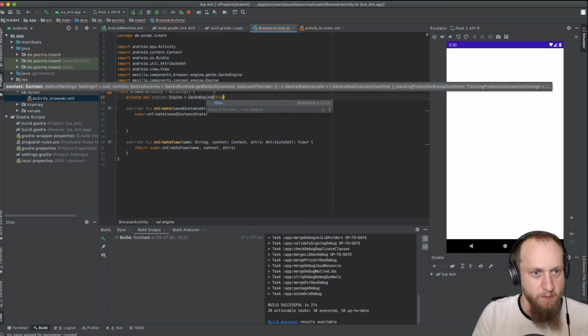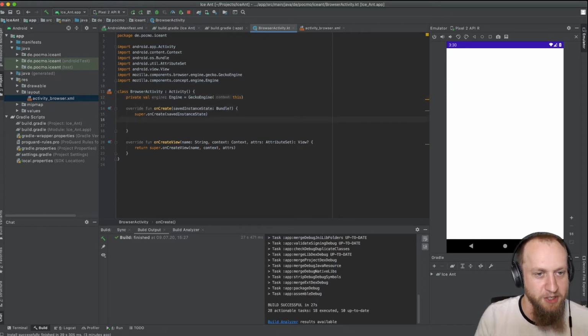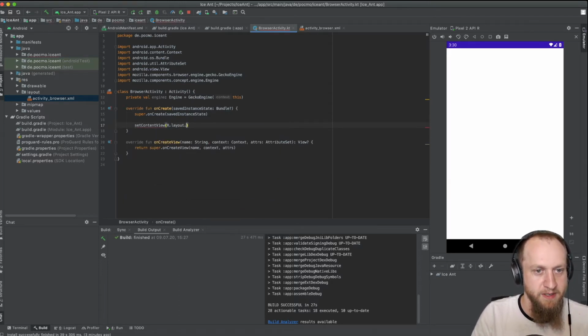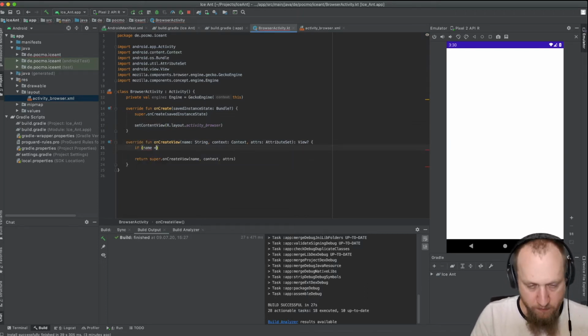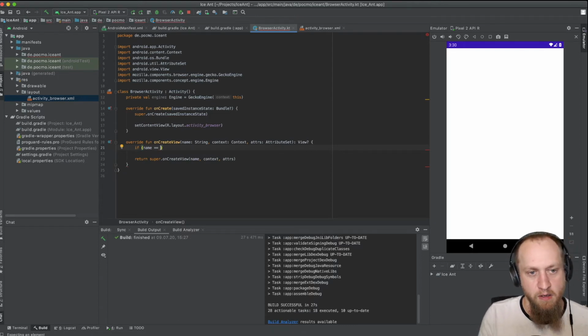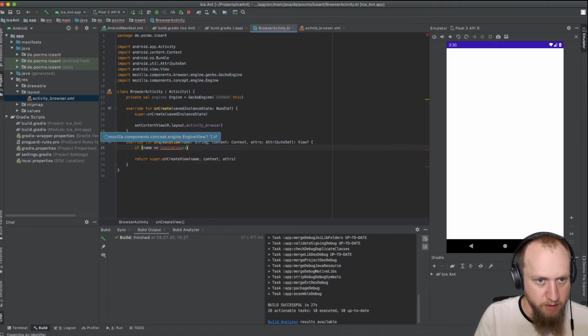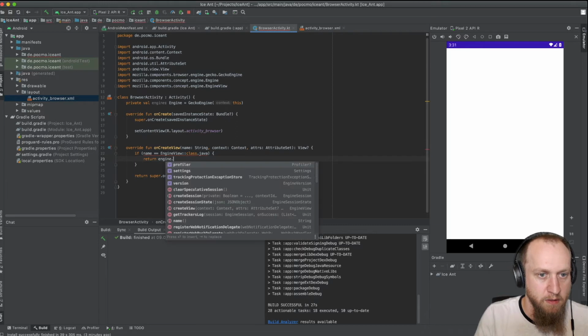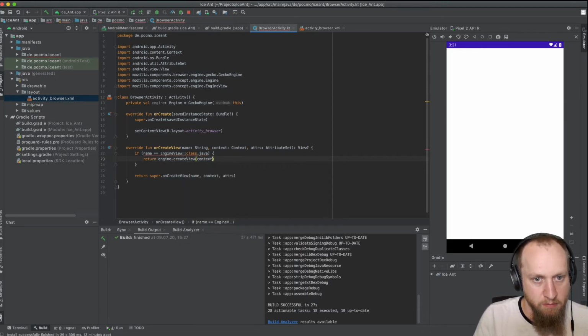Yeah, but today we are going to just put the engine here. So the app obviously did not crash because we never actually assigned the view. So we are going to fix this before it is going. So on create view in the activity is called for every view that Android will see in your XML. So we can take a look here and see the thing you want to create. Is this an engine view? And if it is, we use our engine and call create view, pass in the things we got,